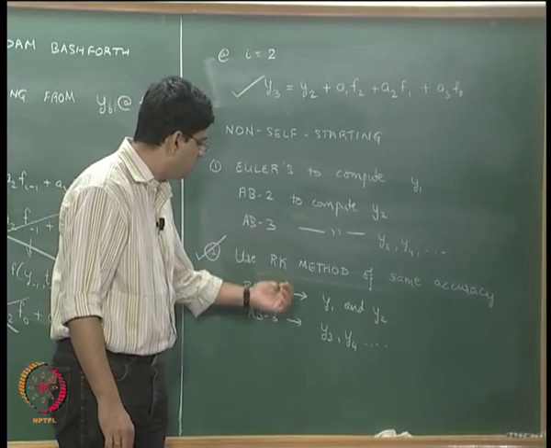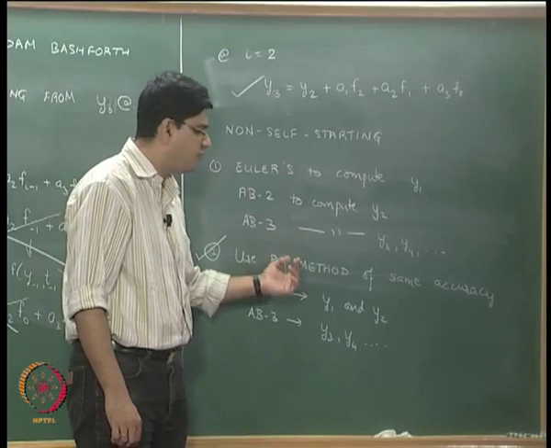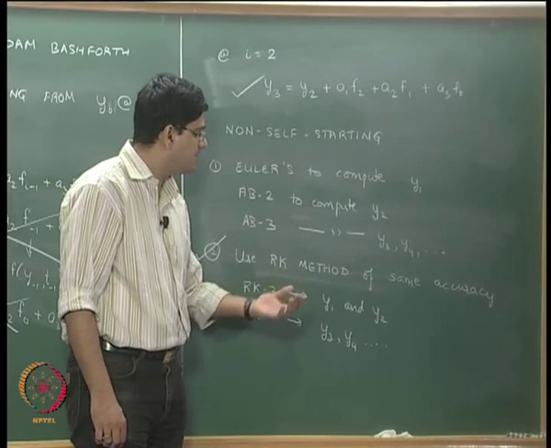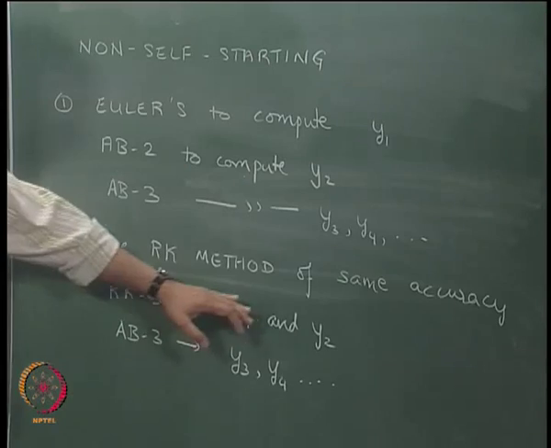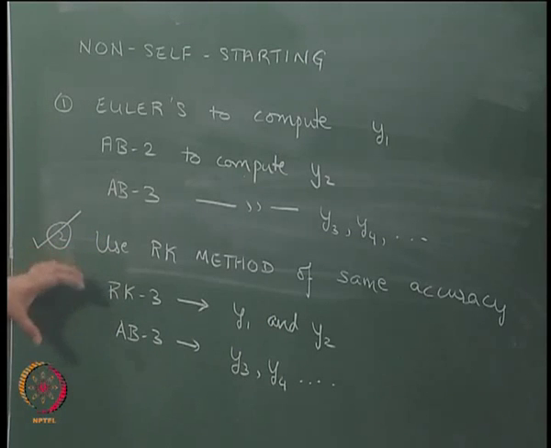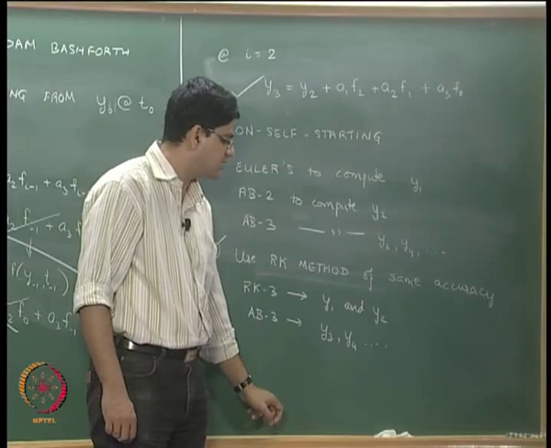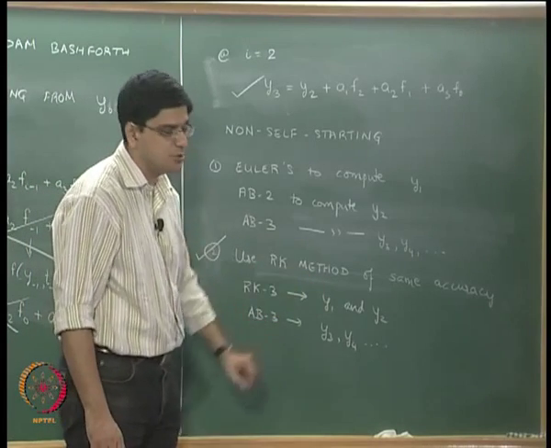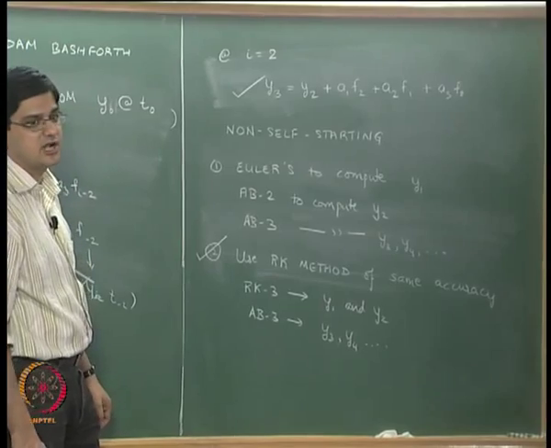It is preferred really because you can maintain the same level of accuracy for very stiff problems and for problems in which the lambda values are very high. Under those conditions, what happens with the RK method essentially is that you need to use really small step sizes in order to get a good solution from the RK method. But other than that, this is essentially the procedure that is going to be used in order to use the non self starting methods.